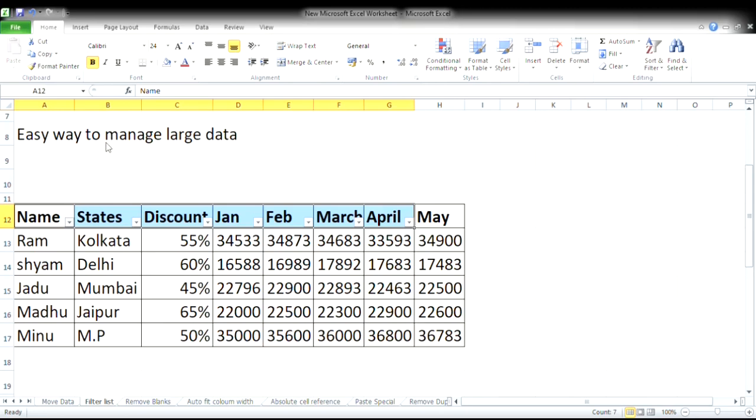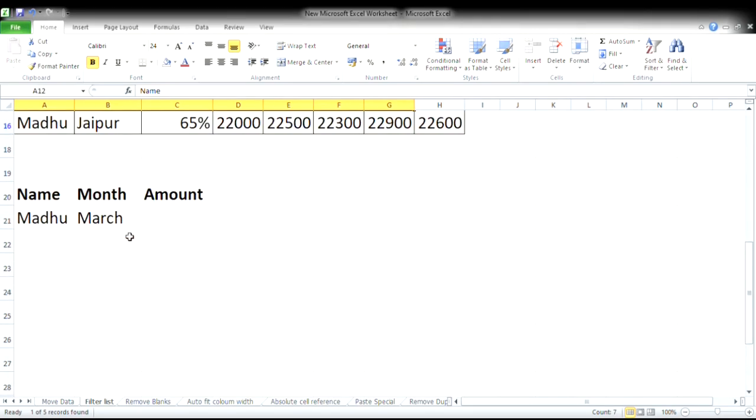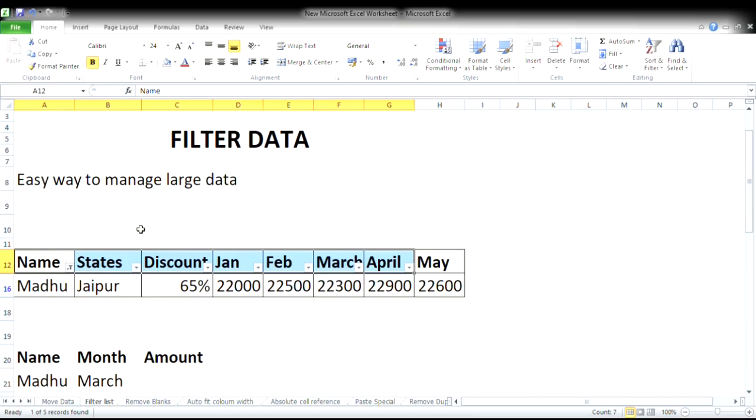Like if we want the data of Ram, or if we want the data of Madhu, then we will find the data of Madhu. In this way we will use the filter option.